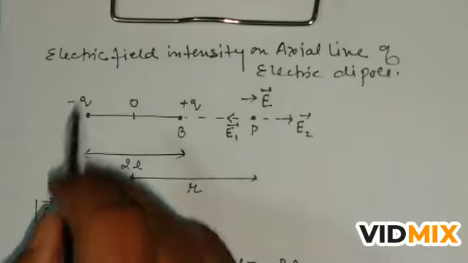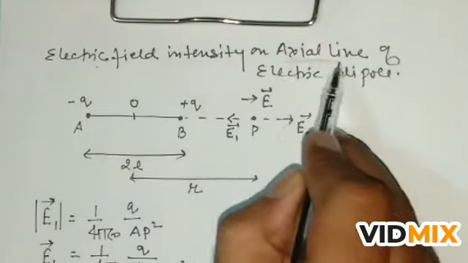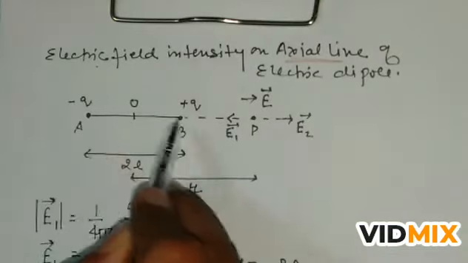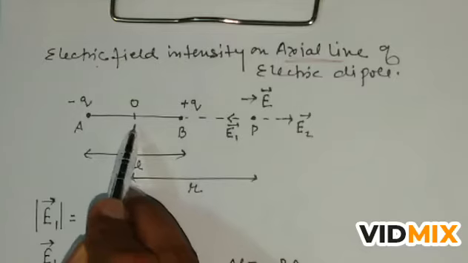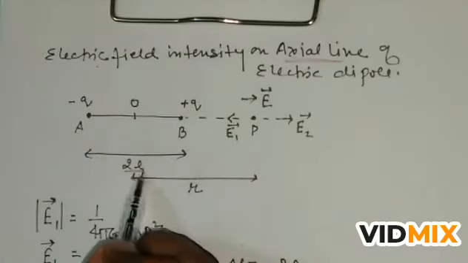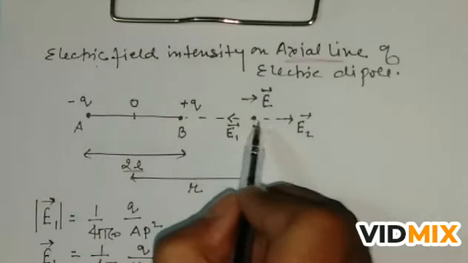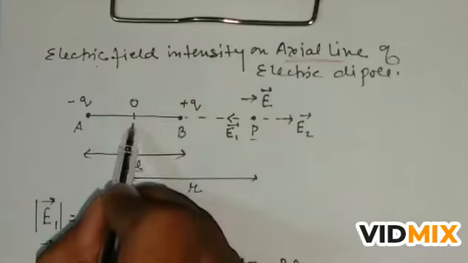Now the next is electric field intensity on the axial line of an electric dipole. Axial line means on the axis. Suppose this is the two charges, one negative and one positive, and this is the center of the dipole, and the distance between the two charges is 2L. And suppose we have to find the electric field intensity at this point P, which is r distance from the